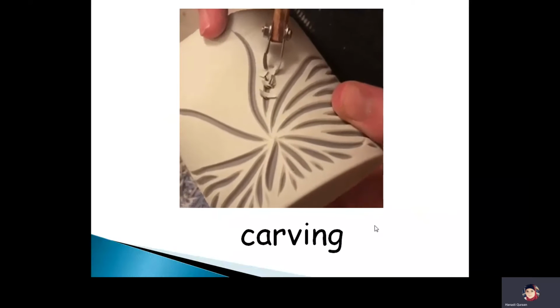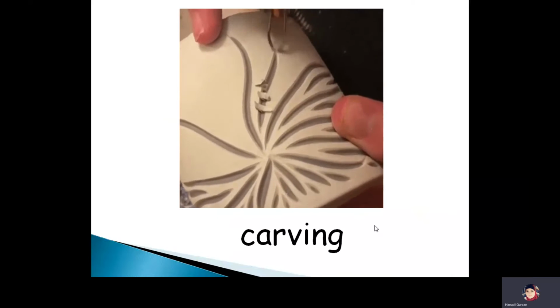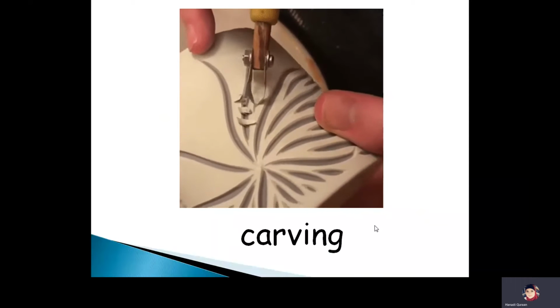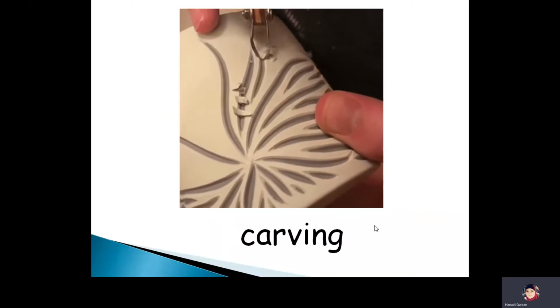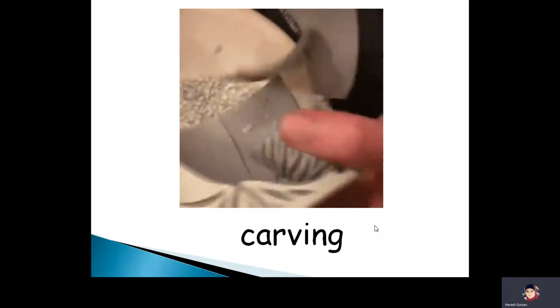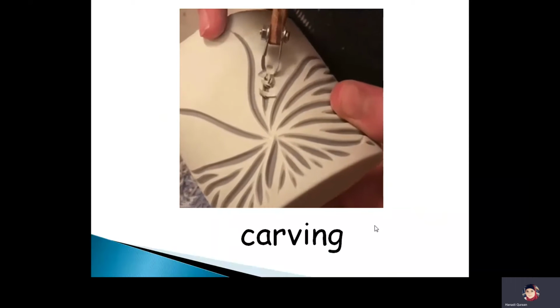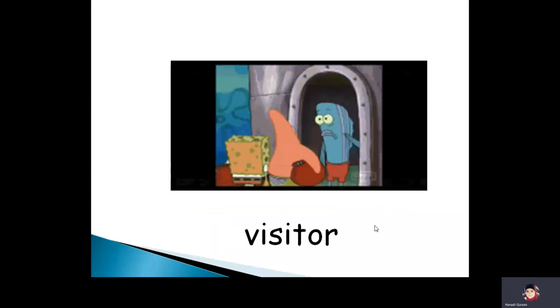Now, next word is carving, which is making special shapes with wood or stone in order to make a special pattern. Carving. So this is carving without breaking it like this. So carving. Next one is visitor, which is